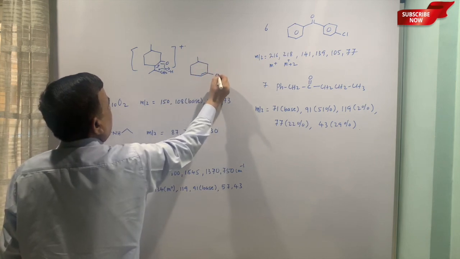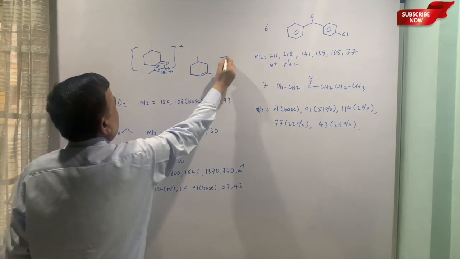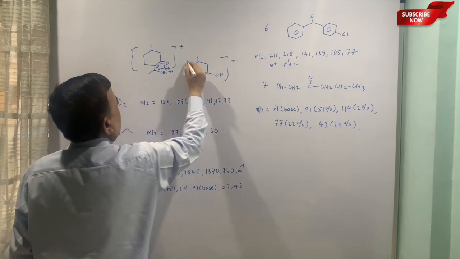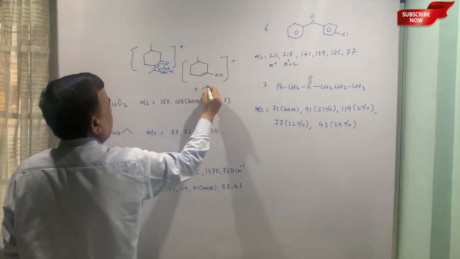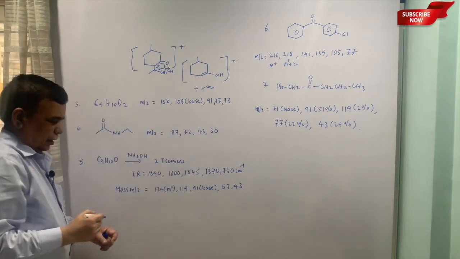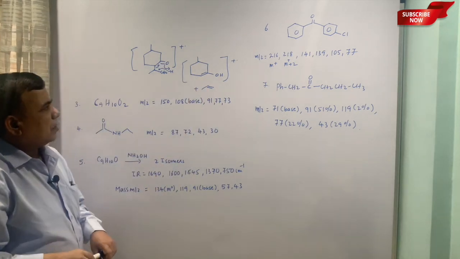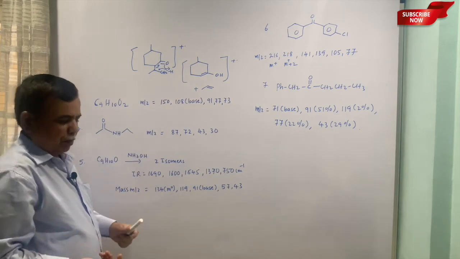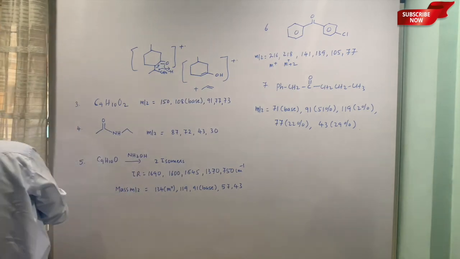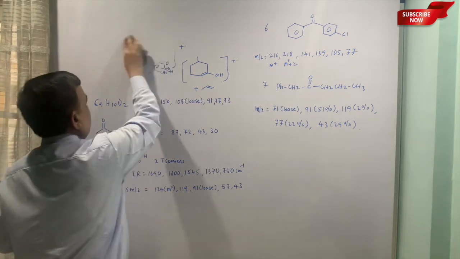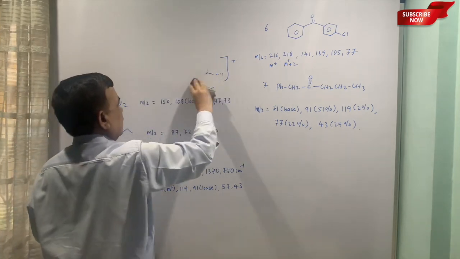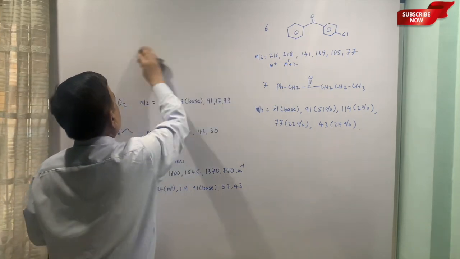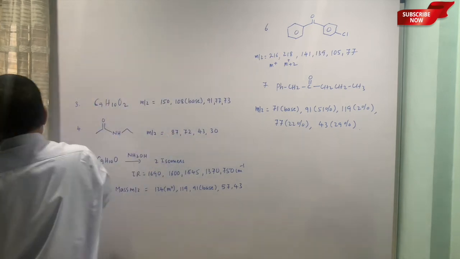Double bond here, OH plus, even this is okay, because mass of this is also coming out to be 112. So, any method you can use, the ultimate answer is same, even to even, that has to be McLafferty rearrangement